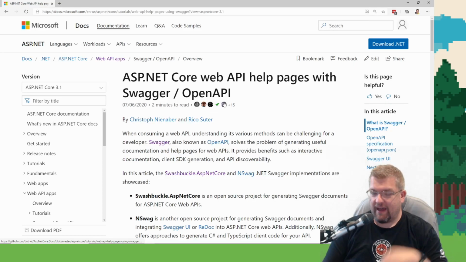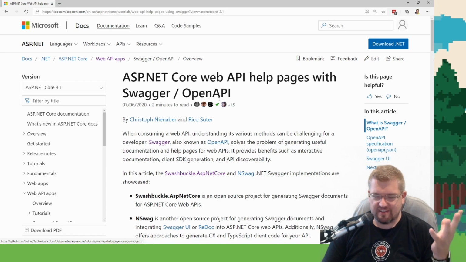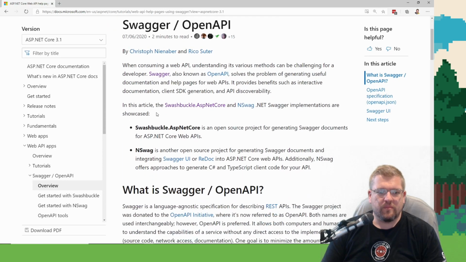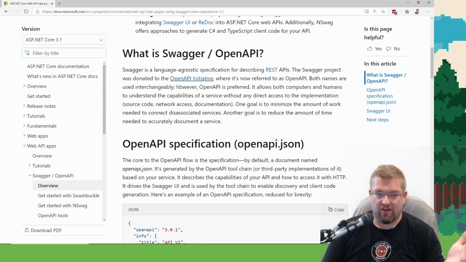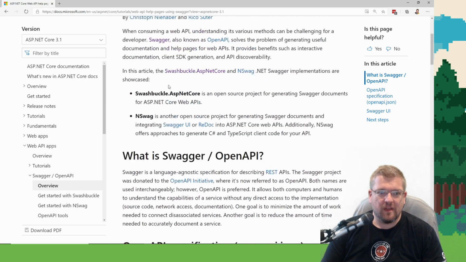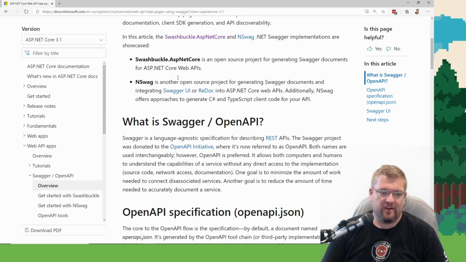I legitimately have no experience at all with Swagger. I just fundamentally understand what it is trying to do. And the point I'm just trying to learn a little bit more for myself is, if you were building a public API or an open API, how do you generate documentation that makes that sort of thing easier to use? And my understanding is things like Swagger and Swashbuckle for .NET make that process pretty straightforward. So, yeah, I got some learning to do here.